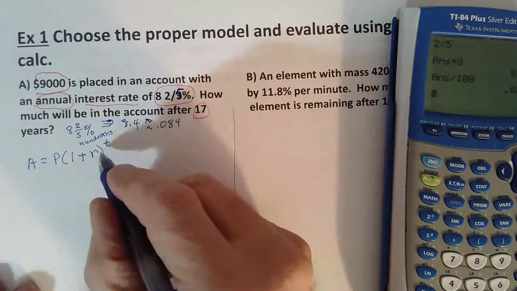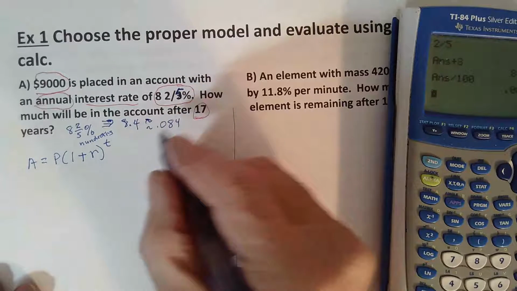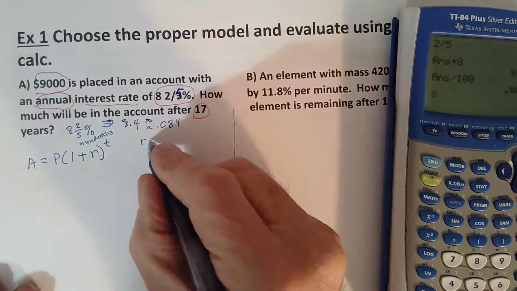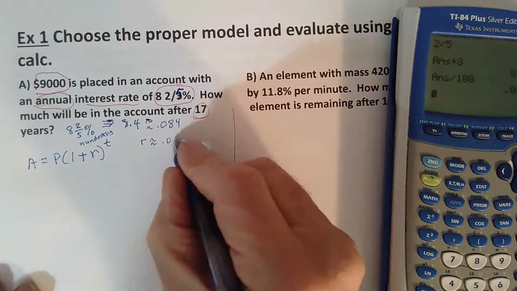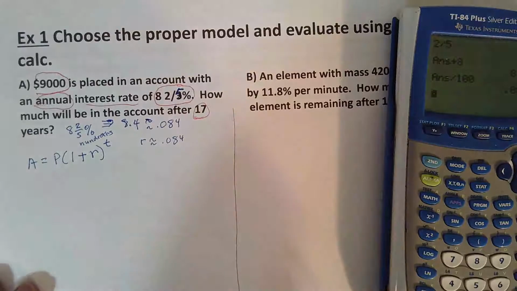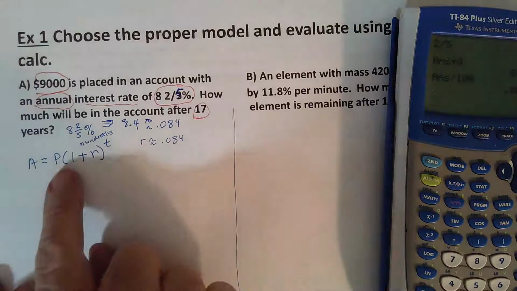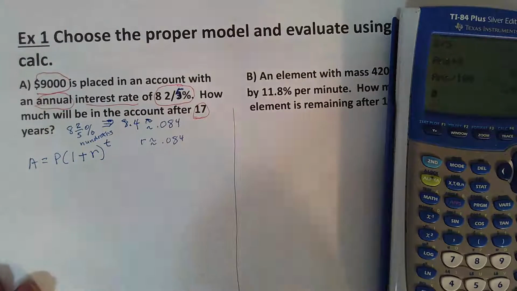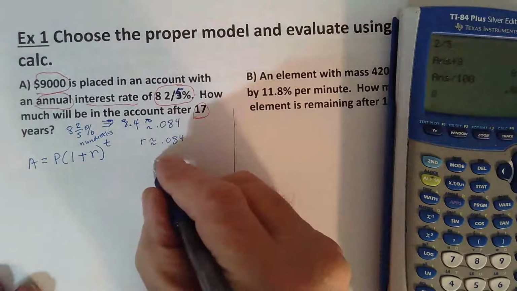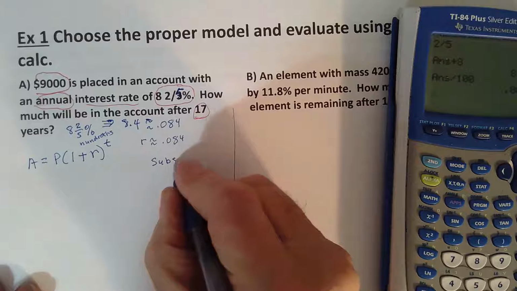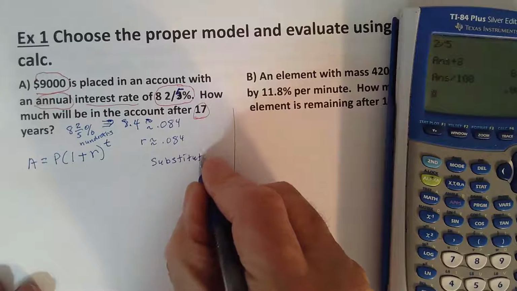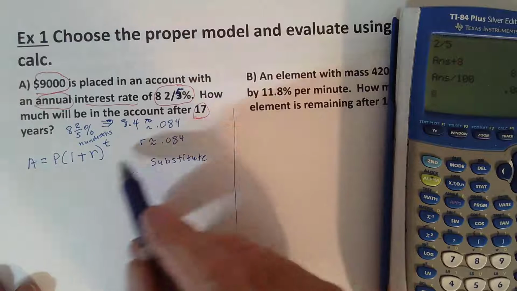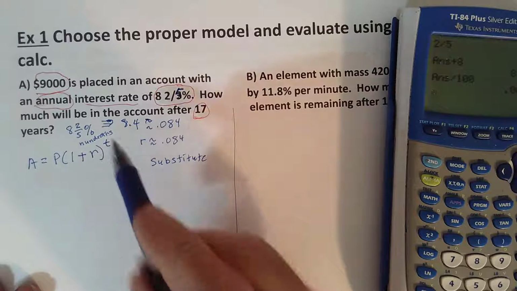So I'm going to plug that into what R is. So R is approximately 0.084. All right, and P is the initial amount, so that's the $9,000. So let's substitute. We'll put in the initial amount, we'll put in the interest rate, and then the 17 is the time that's